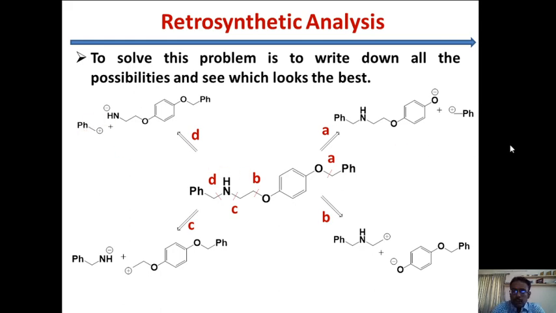Can you say which pathway we have to choose? So we already eliminated the possibility of breaking here because the oxygen is connected to the aryl atom. So now we have done all the four possibilities. Okay, the four bond breakings, A, B, C, D. Then we have to choose among those four which one is the best. Okay, then we have to really do the analysis because we are not done, because we have done only one bond. The bond broken here is only one bond. Here you are left with the remaining part. Then again you have to do the retrosynthetic analysis for the remaining part.